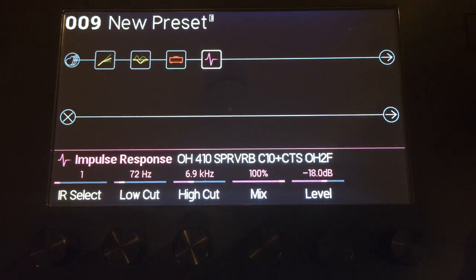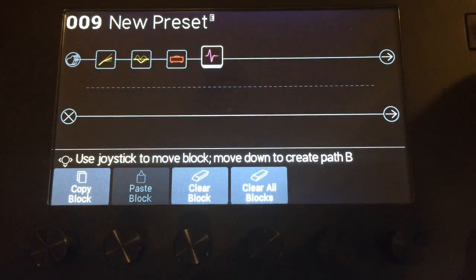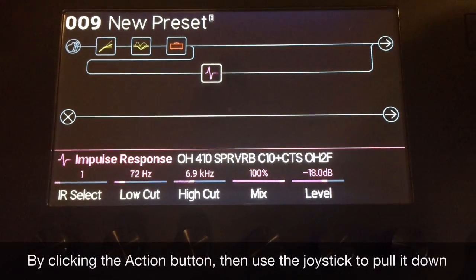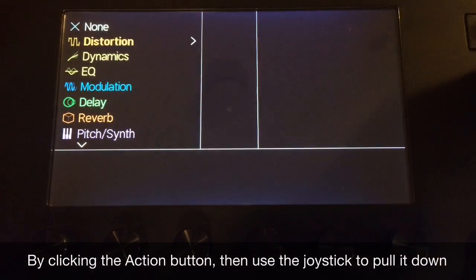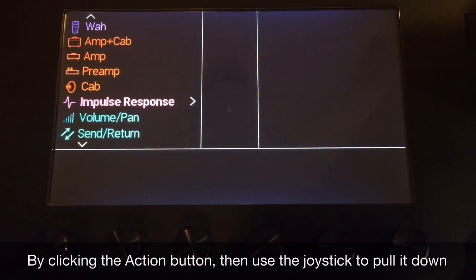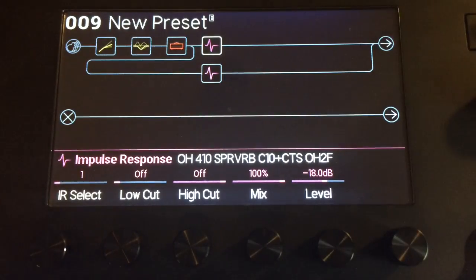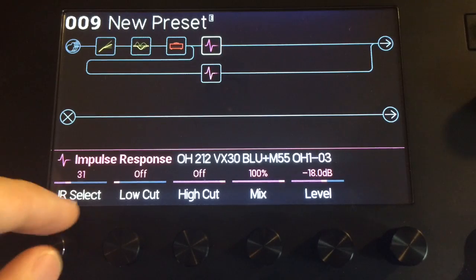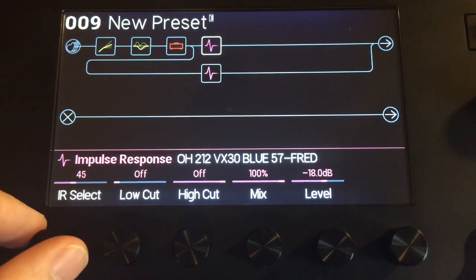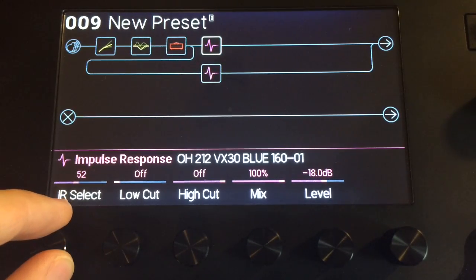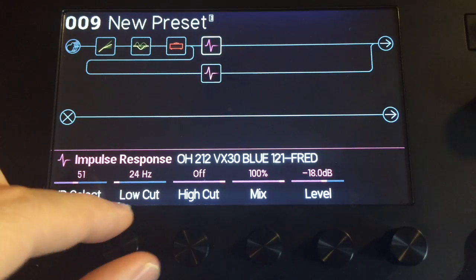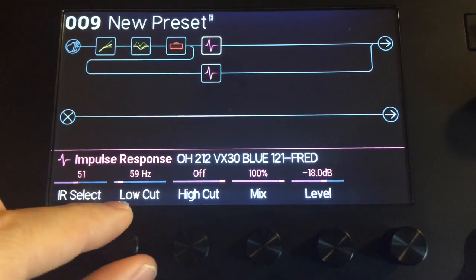6.69, dudes. Now, let's create a separate path here for that, and then put another one right here, because I love to combine the IRs. Now let's try a different cab. Let's go with this one with an actual microphone this time. We'll go with the Fred 121 Royer Ribbon. Same